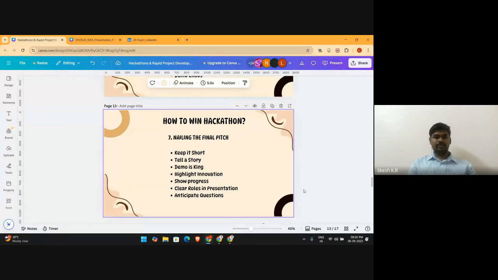So make sure that you know at least one thing, either front end, back end, or database, so that you can complement your knowledge with your teammates. Your team should be a complete package, so that one person's expertise is enough. So learn either front end or back end, and then frame a proper team and participate in hackathons.